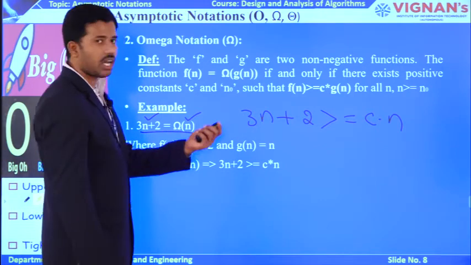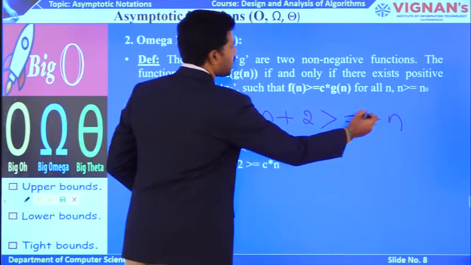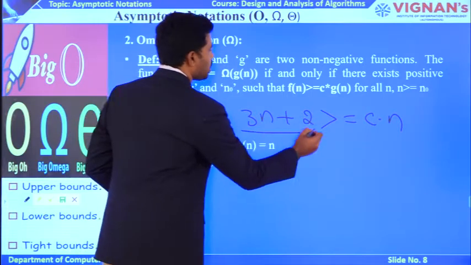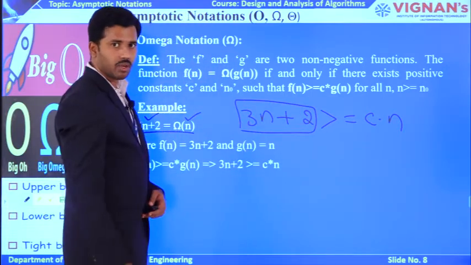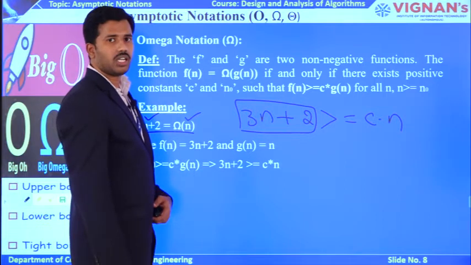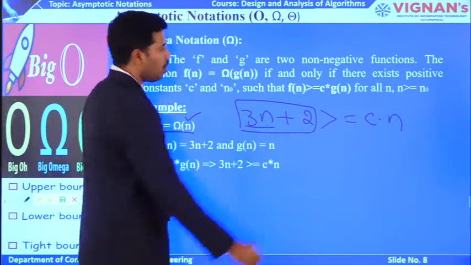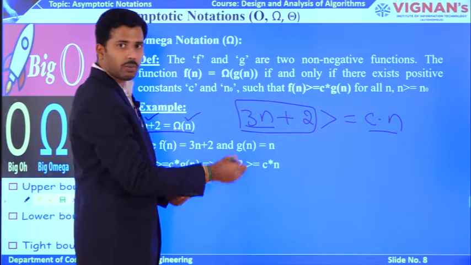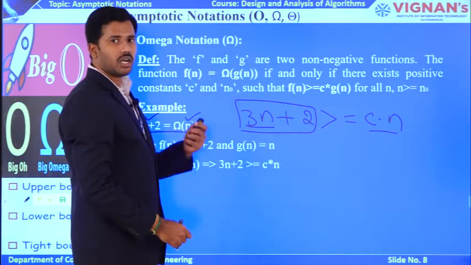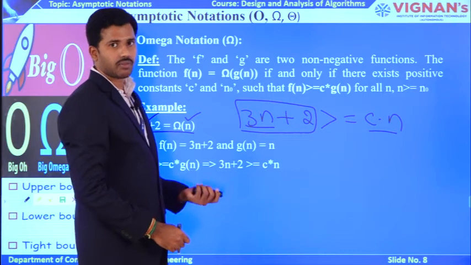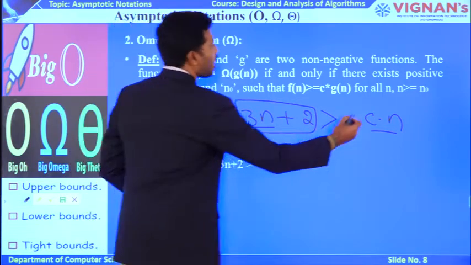Yes, you can take c value equal to 1. Why? Because if you take c value equal to 1, ultimately this equation starts satisfying. But you should not take c value equal to 1. Why? Because you need to prove as well as show these two functions must have equal power. Then only you can say that your equation starts satisfying.